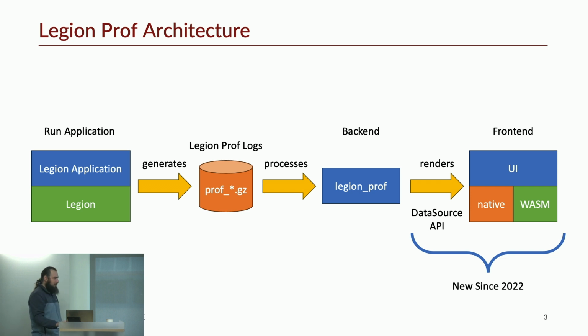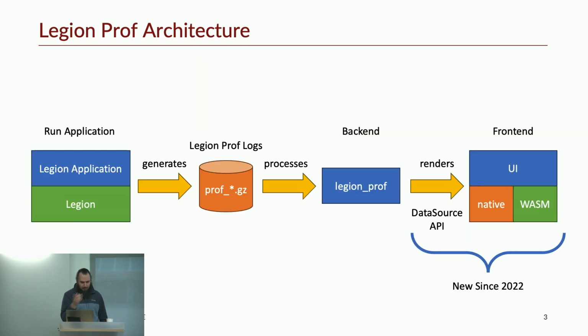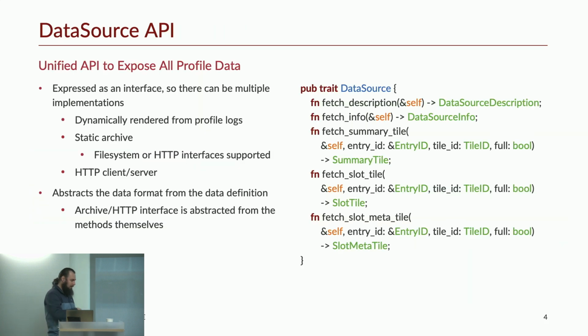Which is sort of the abstraction that sits between those two pieces. So again, the data source API is sort of like our one unified API that talks between the part of Legion that processes the profile and the part of it that actually shows the UI. And the reason why we did that is because the Legion prof backend piece contains all of the business